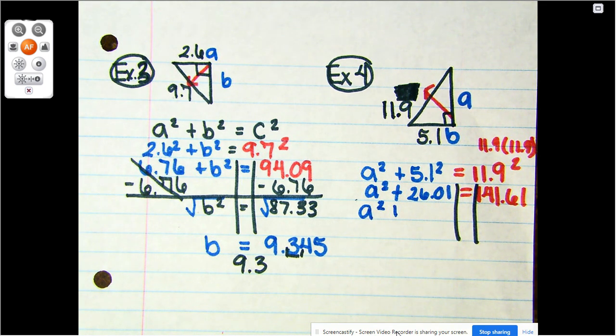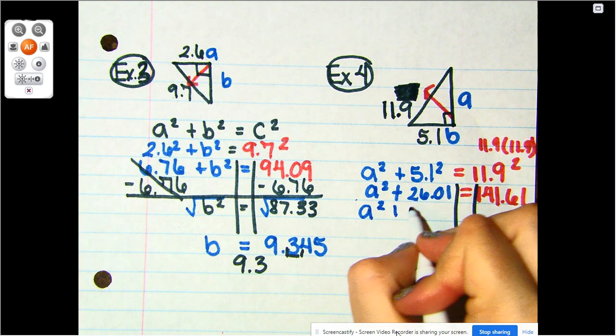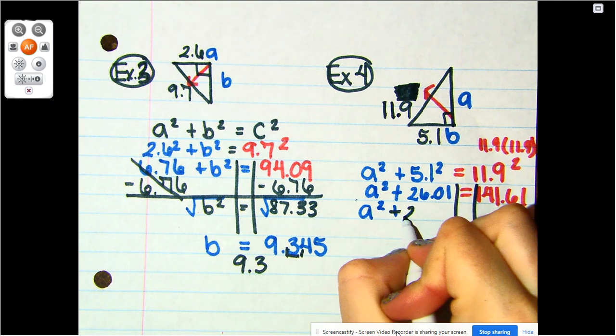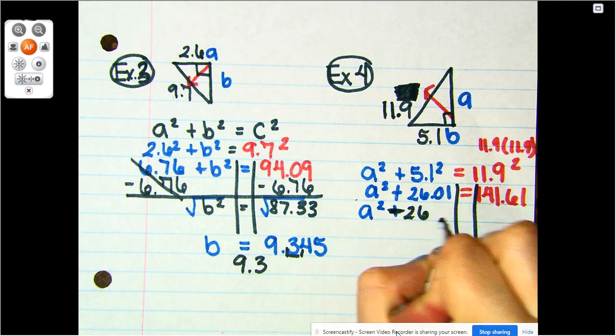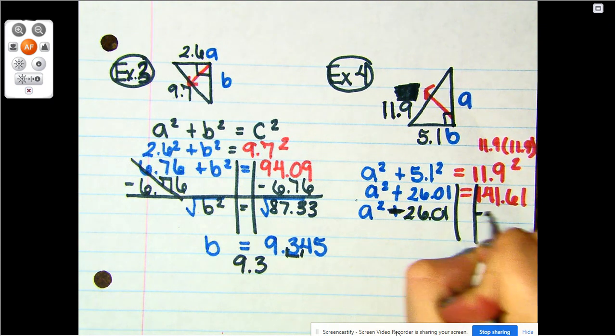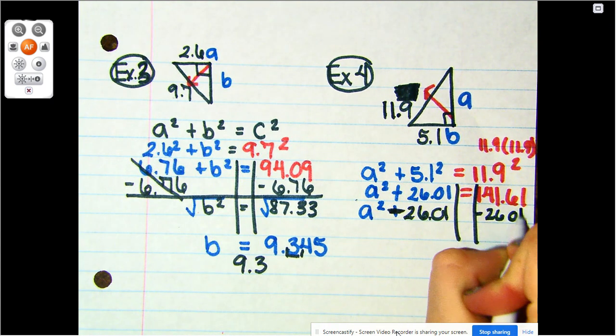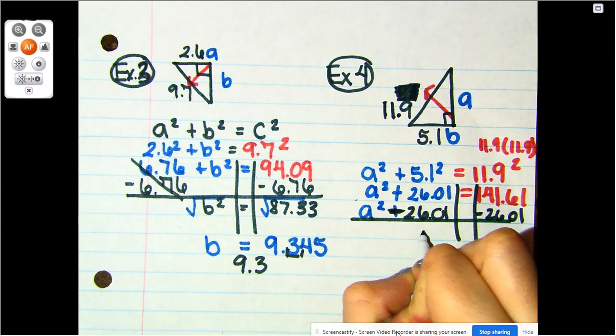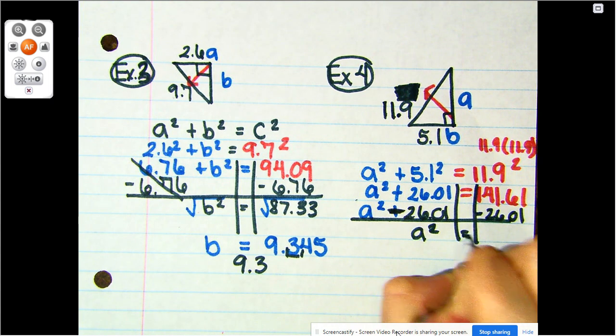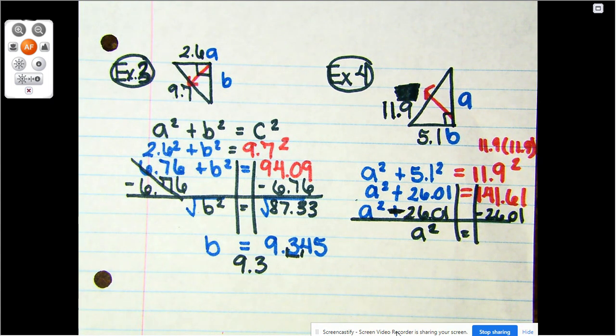And the opposite of a positive 26 needs to be subtraction, 26.01 from both sides. So you are left with a squared, and 141.61 minus 26.01 is